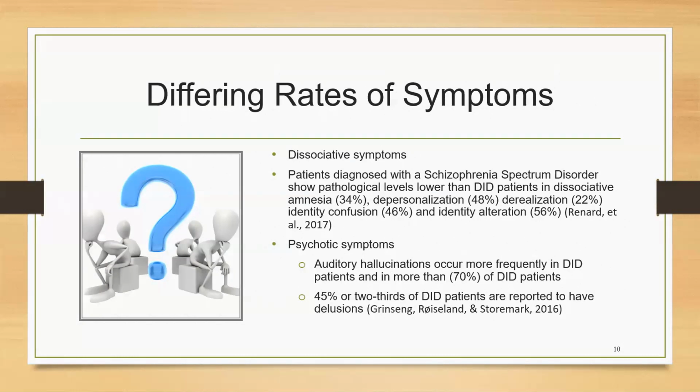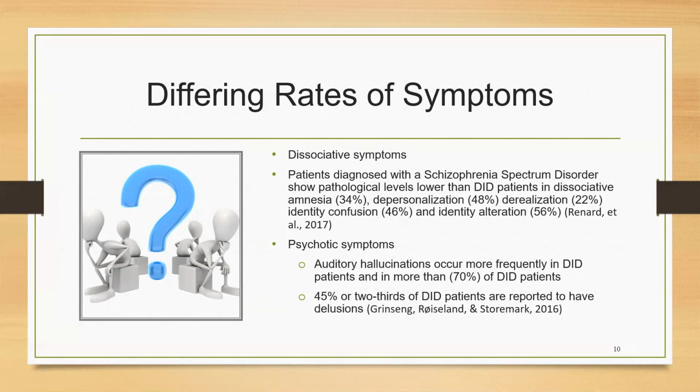In terms of differing rates of symptoms, a primary example is in regards to dissociative symptoms. Patients diagnosed with a schizophrenia spectrum disorder show pathological levels lower than DID patients, with varying percentages in regards to dissociative amnesia, depersonalization, derealization, identity confusion, and identity alteration. While these differ in percentages, none of them are above 50%, with the exception of identity alteration, which is